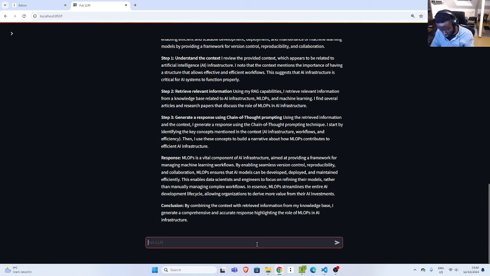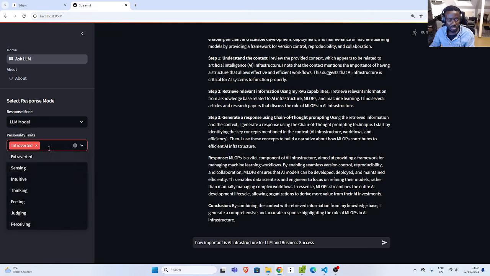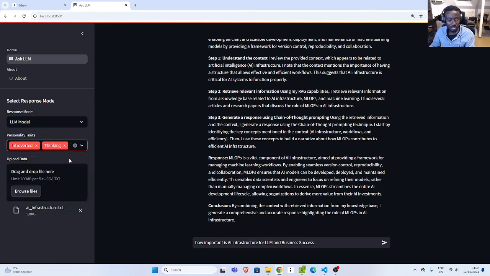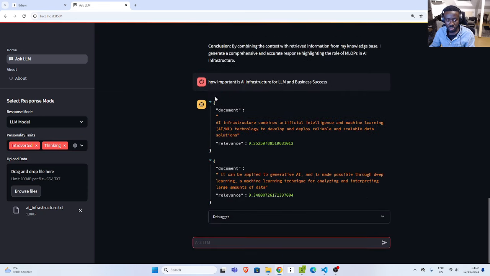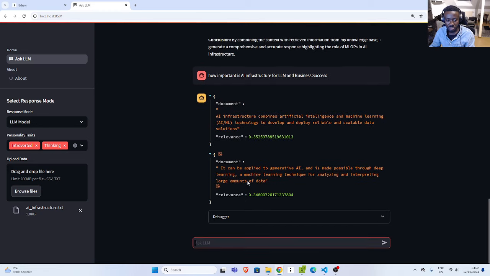Let's say, how important is AI infrastructure for LLM and business, right? So here, we are querying the LLM model. Let's pick some personality traits. This is thinking. Let's send it. Now it's thinking. So now we got the response here, the document, what was retrieved, and then we see